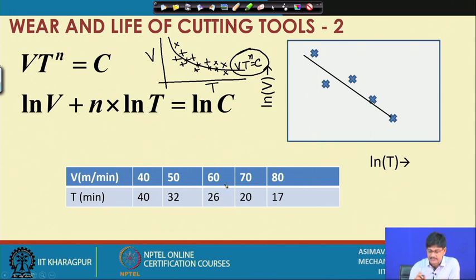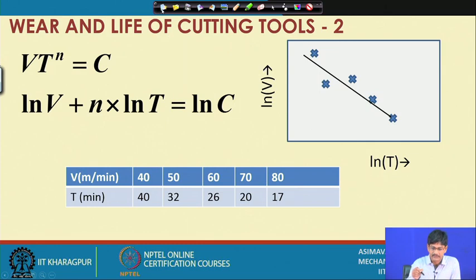So, if we have this data, it is not always true that all the points will be very comfortably lying on a curve which obeys this one. No, rather it will be like this. So, in that case, how do we find out N and C? In that case, first of all, what we can do is,